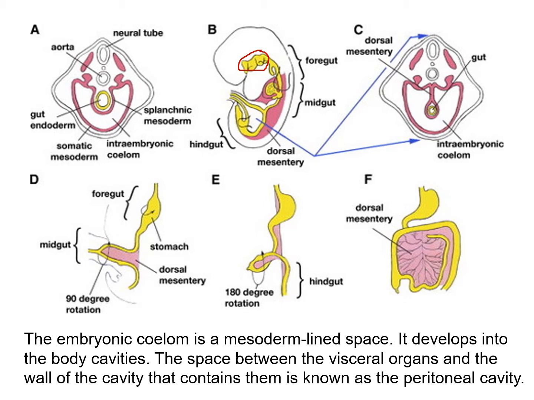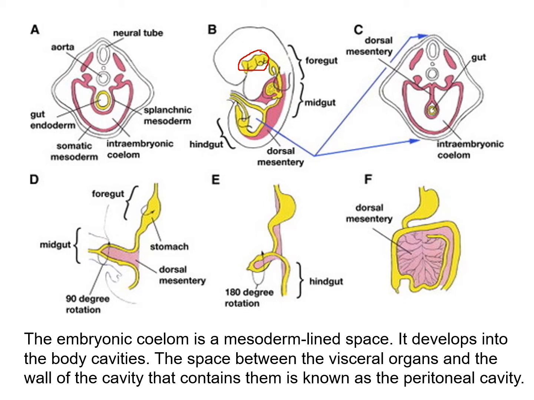The other diagrams at the top there, A and C, are showing you sections through this early embryo. The yellow in those sections is endoderm, and that's the innermost lining of the digestive tract. So that's going to line the lumen or space within the digestive tract. The red is mesoderm. It's giving rise to muscle, but it's also giving rise to the tissues that line the